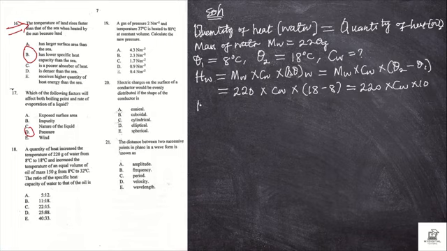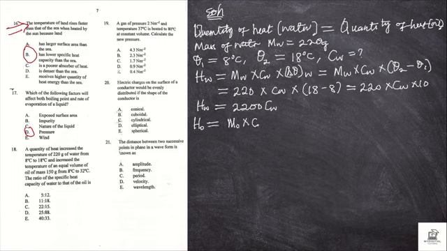In that case, the heat required to raise the temperature of water is equal to 220 multiplied by 10, that will be 2200, then multiplied by the specific capacity of water, which is CW. Are we together? Now, also in the same vein, let H for oil be equal to mass of oil